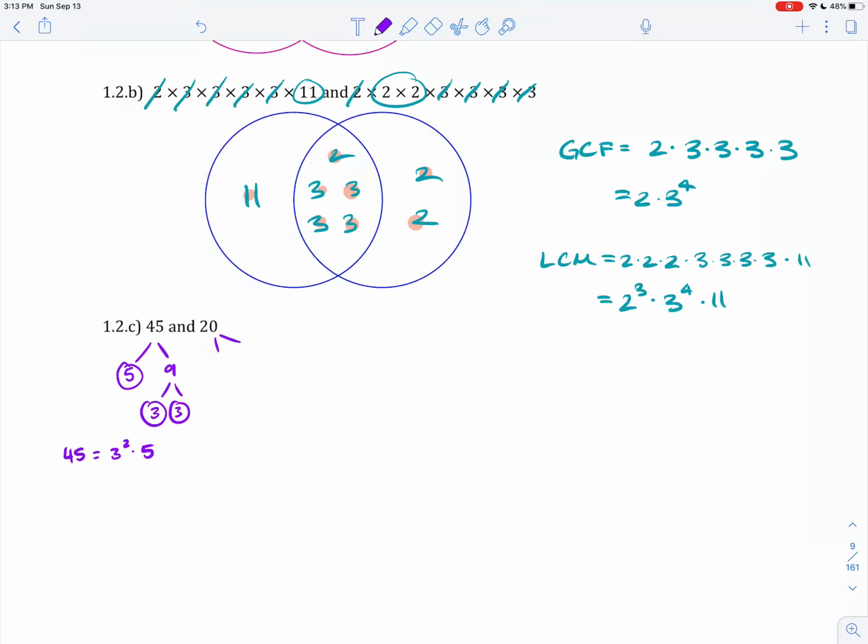And 20, we have 5 times 4, and 5 is prime, then 2 and 2. And those 2s are prime. So 20 is equal to 2 squared times 5. So if I'm going to go ahead and make that Venn diagram,